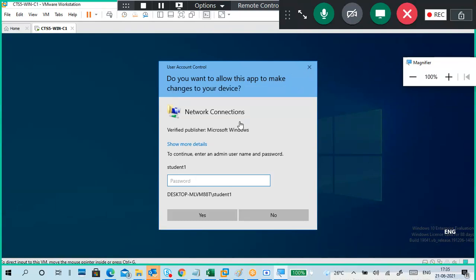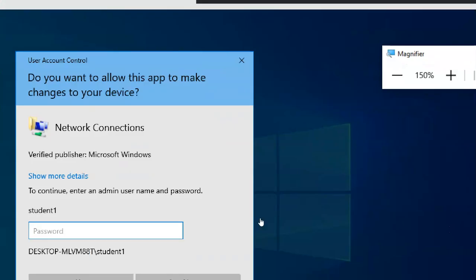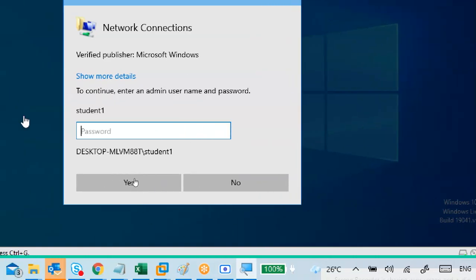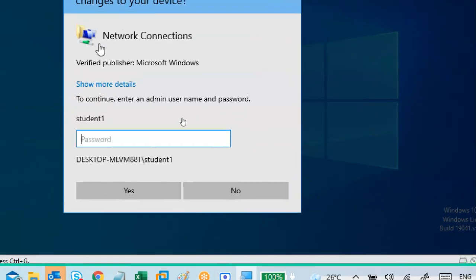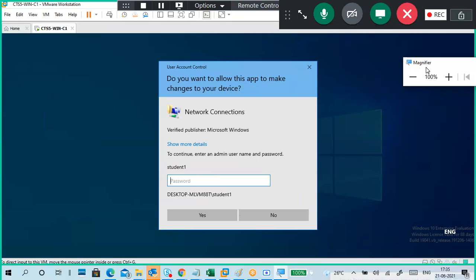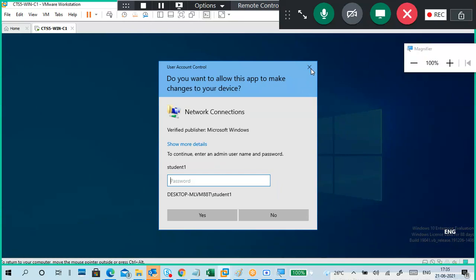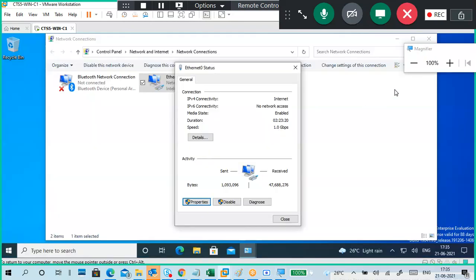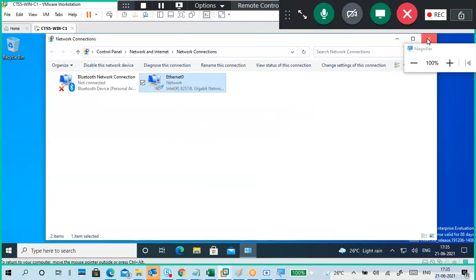Can you see something it is asking here? I'm student 2. It is asking for the student 1 password. If I don't know the student 1 password, I can't go to the properties. It means student 2 is a standard user.